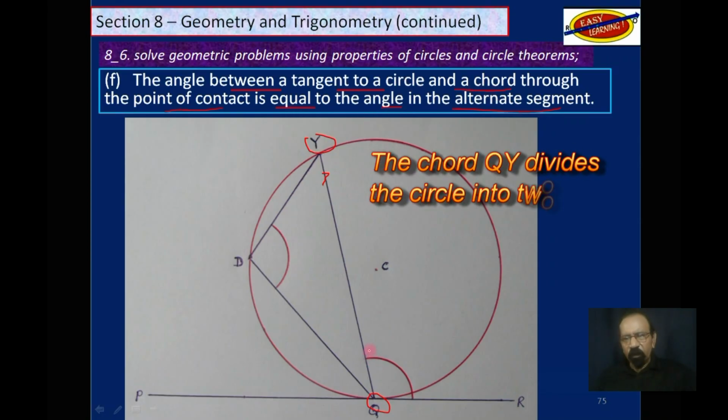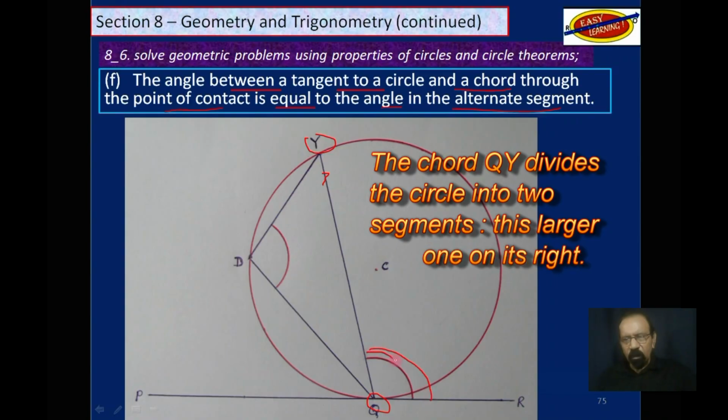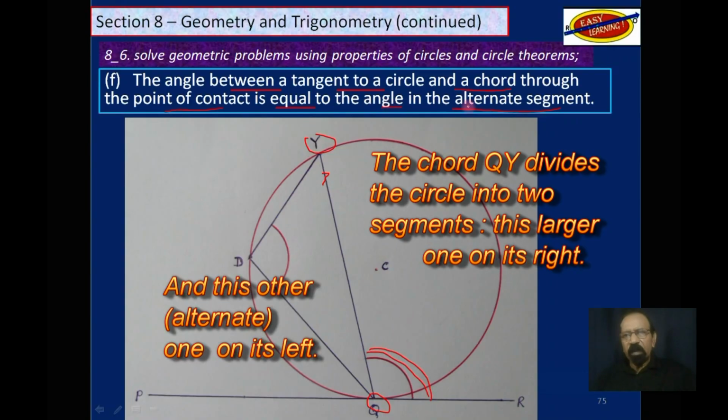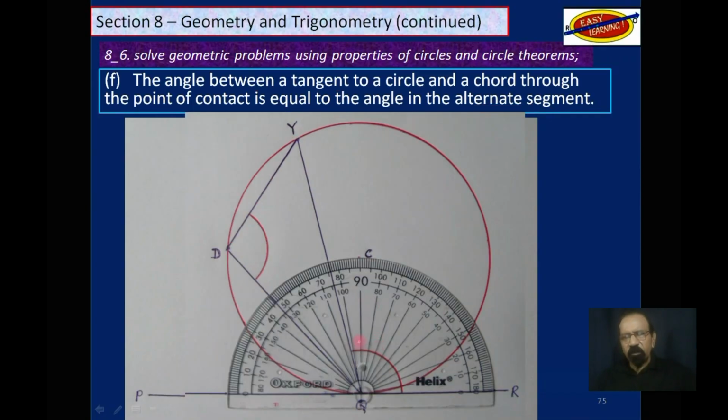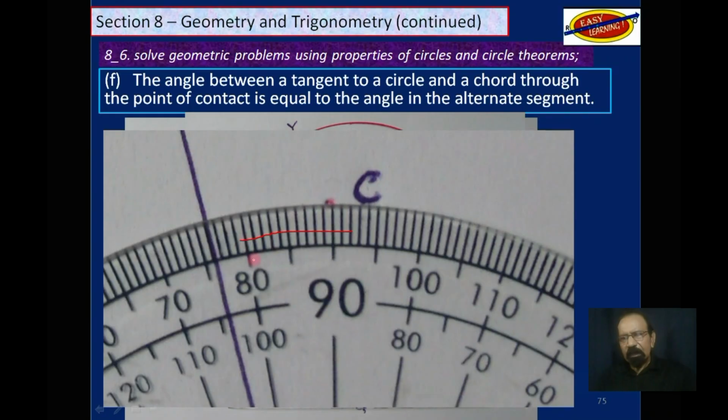The angle between the tangent to a circle and a chord through the point of contact. So this angle here, we will consider for now, is equal to the angle in the alternate segment. That is to say, this other segment over here. Remember this segment here. If we draw an angle at this point, this angle is equal to that angle. So let's measure this one down here. As you could see, it goes a little past 100, say 104 maybe. Coming from that direction, that will be 100 and